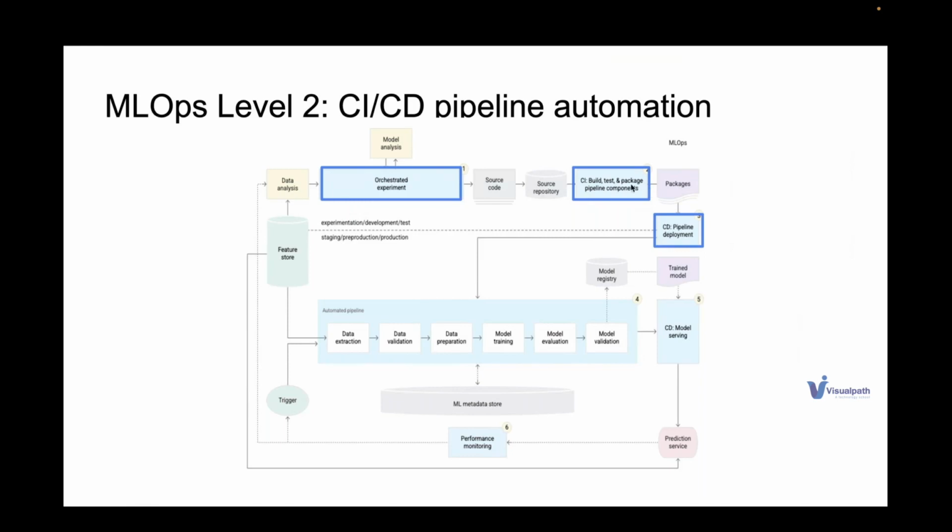Everything is well tested in this. Then you have all the things packaged into a particular system, then you are deploying in the system, which is very similar. And it's again an automated pipeline that you have, and all the metadata is stored in the ML metadata store. So from here, I think the things remain the same. Only the top section changes, where we are adding the build, test, and package components.